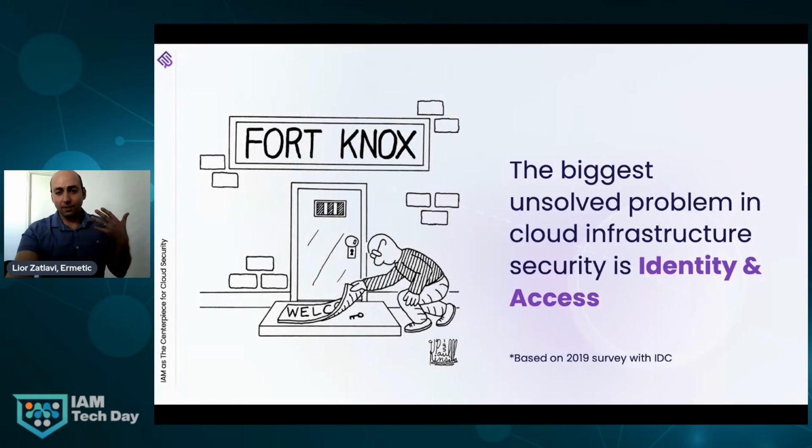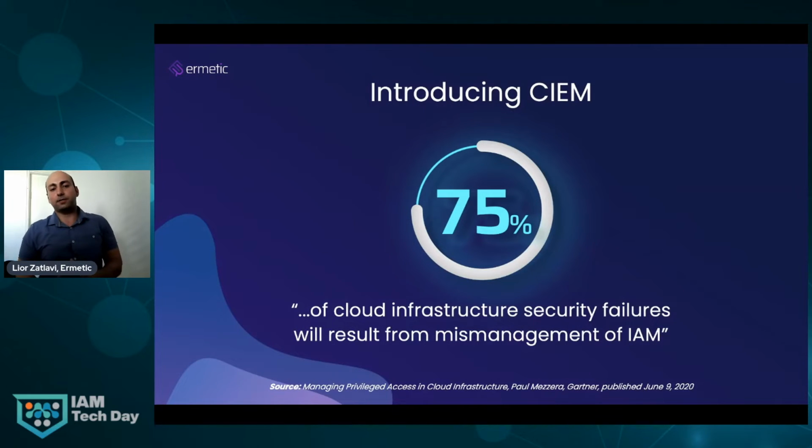Now, this means that the biggest unsolved problem today, right? This was deduced a few years ago. The biggest unsolved problem in cloud infrastructure security is identity and access, right? It's a very, very complex thing that has huge potential to create damage if you manage it in the wrong way. For this reason, Gartner has introduced a category called CIEM, Cloud Infrastructure Entitlements Management,